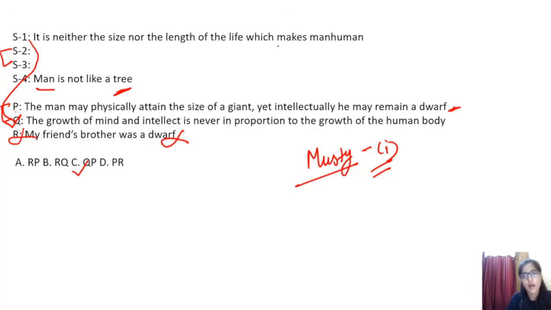What else can you do now? I have already told you the trick for solving these questions, that try to relate with the statements, it's very important, it's very easy. That's the only trick that you can follow to solve as many questions as you can. And once you are confident that you can solve these questions and you are able to get the correct answer, move to the next part.